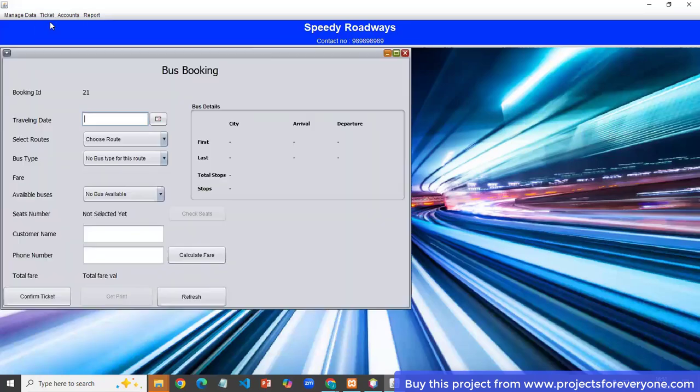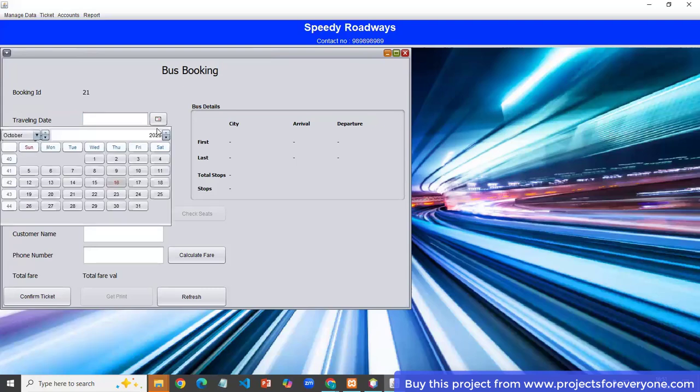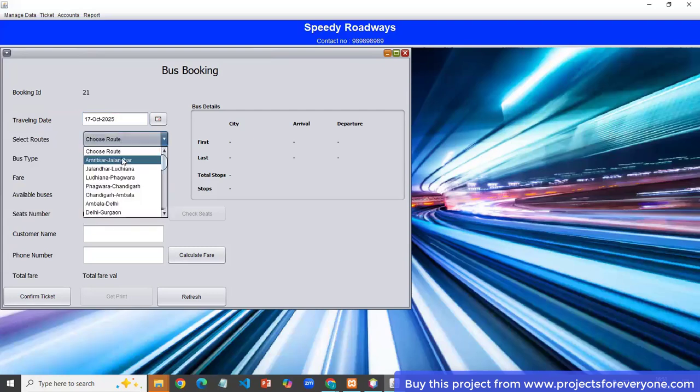Now you can book a bus ticket. Select the traveling date, suppose 17. Select the route, Amritsar to Chandigarh. I want to select Jalandhar to Chandigarh.